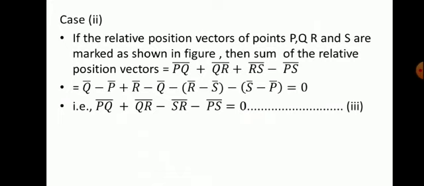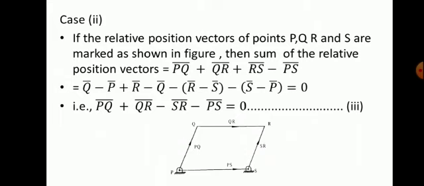If the relative position vectors of points P, Q, R and S are marked as shown in the figure, then the sum of the relative position vectors is given by PQ plus QR plus RS minus PS, which is Q minus P plus R minus Q plus S minus R minus S minus P, equal to 0. Q minus P is nothing but the PQ vector,